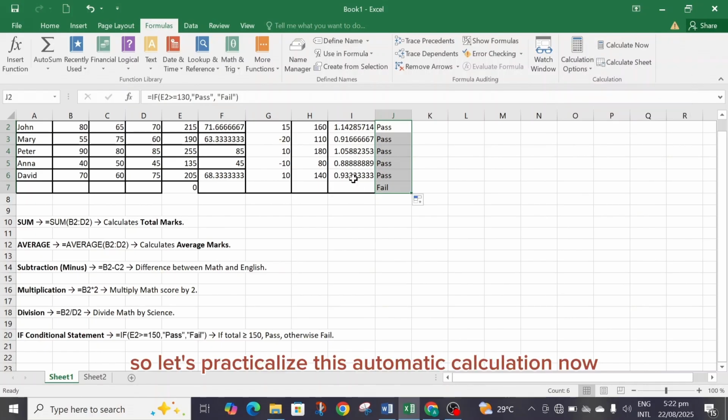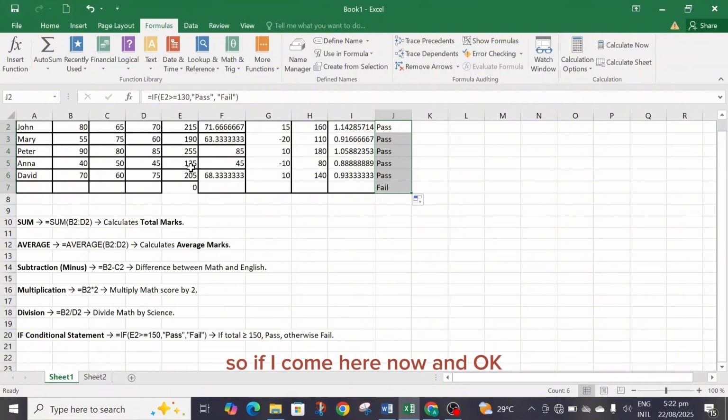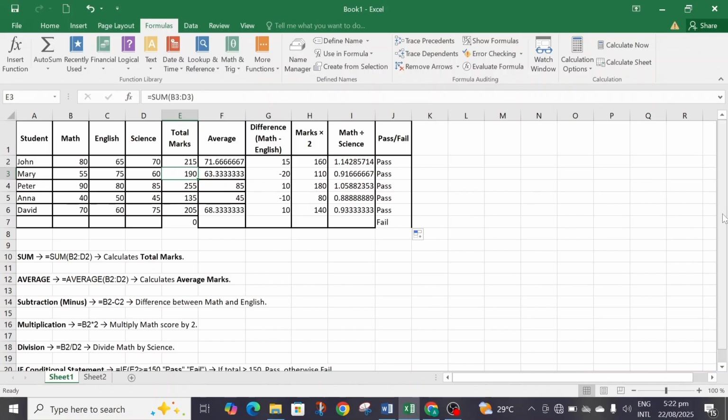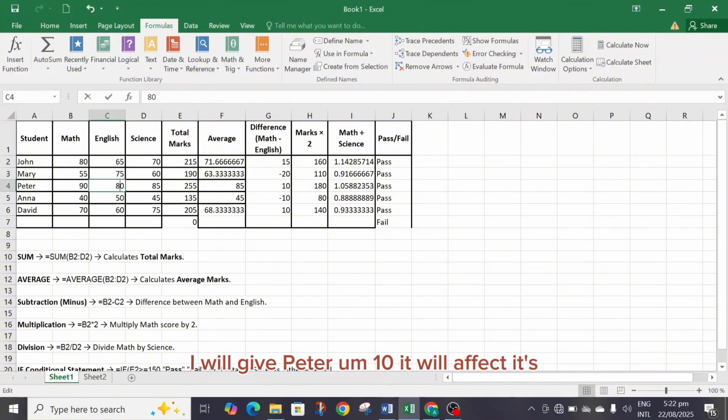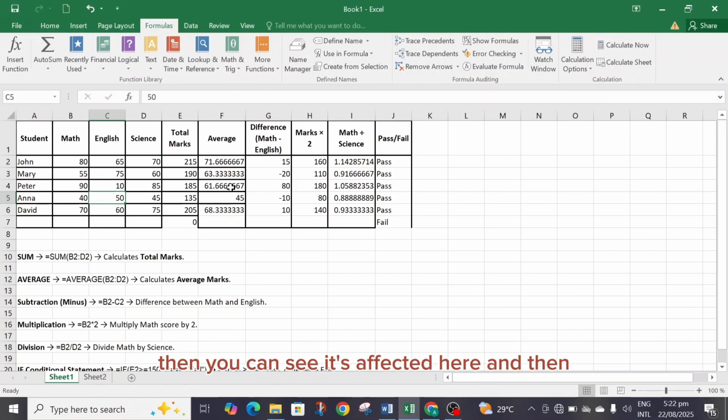So let's practicalize this automatic calculation now. So if I come here now, okay, let me leave it with 130, but let me come here and change this 190 we have here. This is E. Okay, let me change here. Assume Peter. I will give Peter 10. It will affect it. So I've given Peter 10. You can see it's affected here, and